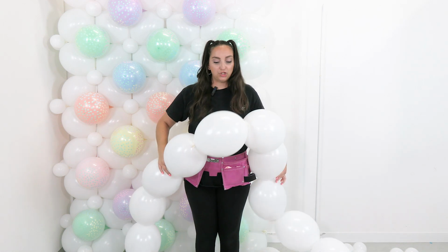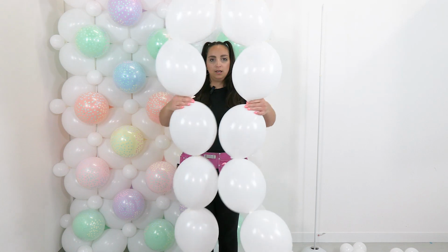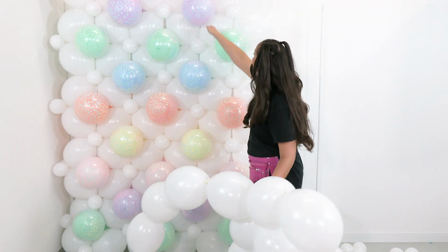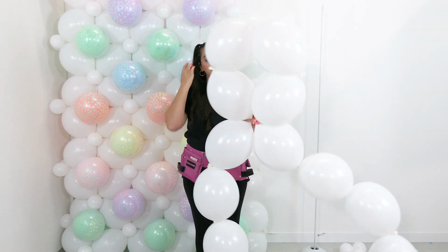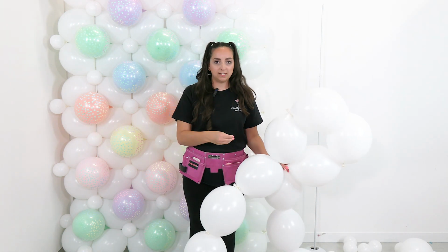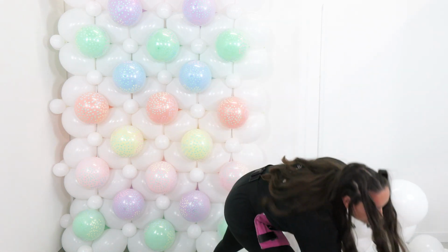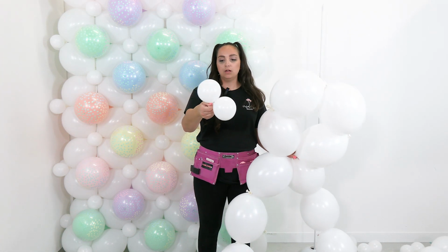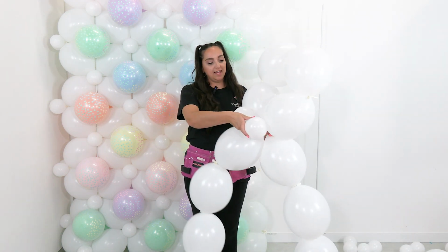Now we want to sew these together, and we're going to do that by using our connectors. So this block of 4 here will be a block of 4 like this, and we've used connectors to hold them together. So instead of twisting them round and then adding the connectors in, we're going to save time and just use the connectors as our way of sewing it together. These are 4-inch using a 5-inch fashion white balloon. These are not Link-O-Loons, these are just your normal balloons, and we are going to go in,